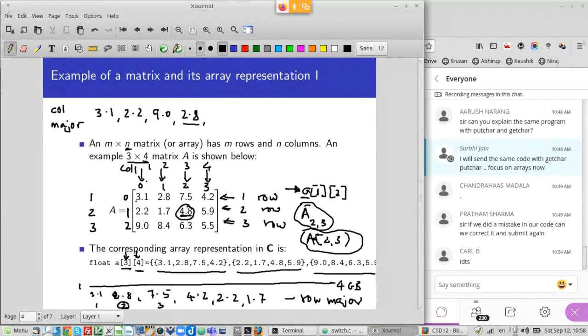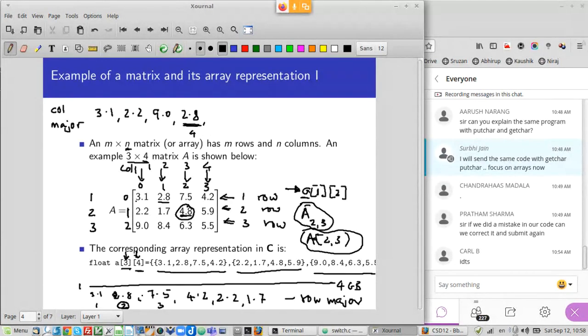So it depends on the number of rows that you have to get past to reach the second element in the very first row, because in column major form the first column is fully stored, then you get to the first element of the second row, and then again so on. So knowing the number of rows and columns, you can of course calculate this, but notice that the address is different. Here it is 4, here it is 2.